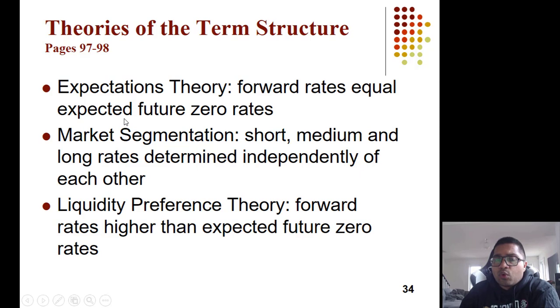Now, what are future interest rates dependent on? Future interest rates are dependent on different things, and there are 3 different theories. The first theory suggests that forward rates are equal to expected future rates. So whatever the future rates are in the market is nothing but the forward rate, which is not necessarily true. Future rates, forward rates and zero rates can be different. We have discussed it. Then there is market segmentation theory. That theory suggests that the 3 interest rate ranges are different markets.